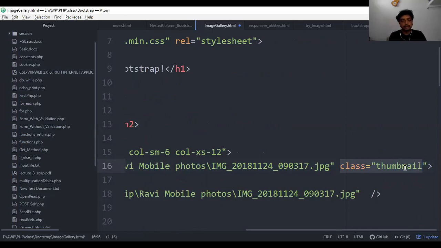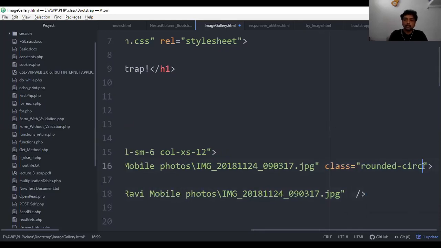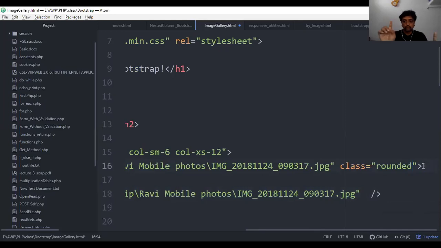If you want to make it visible in a circle, then you can make use of rounded-circle, or rounded, or img-rounded, like this. If you want to display the same thing, you can change the code to rounded-circle. You can change this like this, rounded-circle. Or else if you make it rounded, in the sense the first option, only the corners are going to be rounded. So like this, whatever class you want, you can use it on the images. Right now I need a thumbnail, so I create a thumbnail.